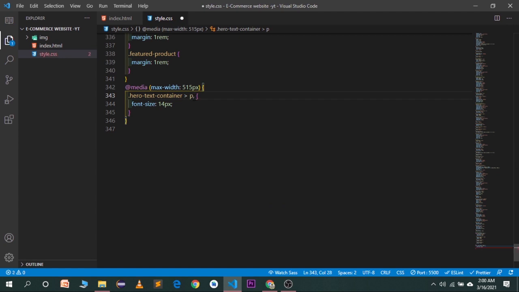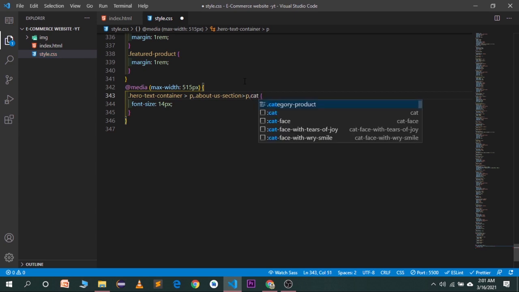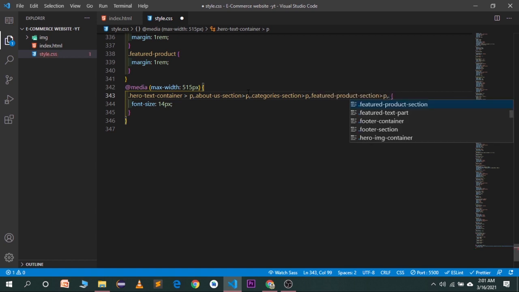First of all, we have the hero text container. Next one, we have the about us section. About us section will target the P, then comma, then we have, I think, category section, target the P, then we have featured section, I think featured product section, target the P, then it's going to be, I think, brands section, target the P here,